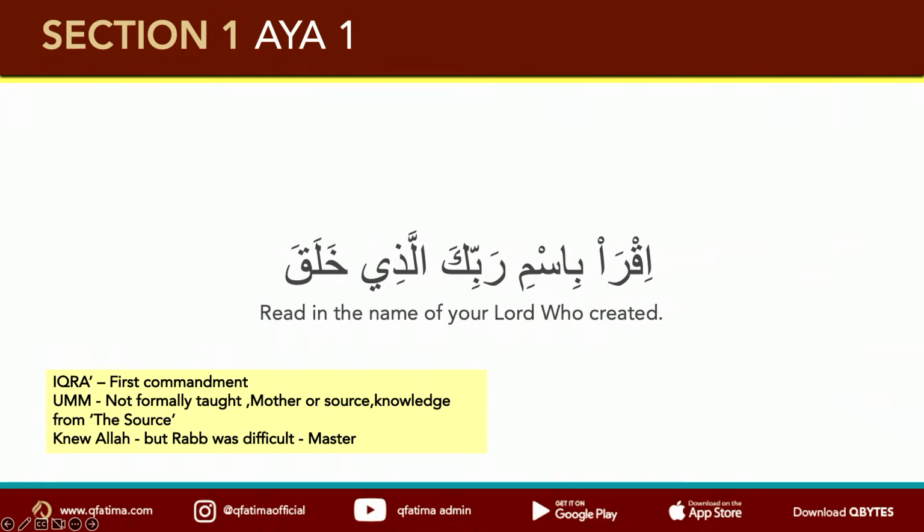And it is because of this that you and I, before reciting anything, any divine guidance, anything from the Qur'an, we say Bismillahir Rahmanir Rahim, because of that verse over there. Okay?